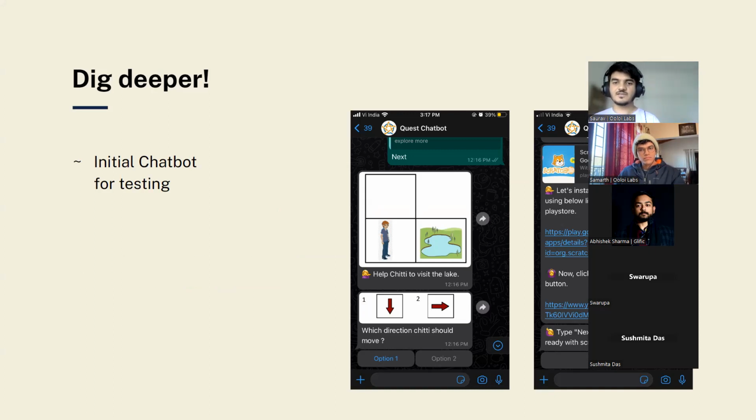So even for this project, we had an initial chatbot which was built by the team at Quest, which really helped us see the points where our users were struggling with using a WhatsApp chatbot, because users look at WhatsApp as a text messaging tool and not exactly an app where you can learn things. So some of the gaps which were existing there in terms of how do I interact with this chatbot, or how do I engage with this content, really got revealed to us as we saw them playing through this initial chatbot.